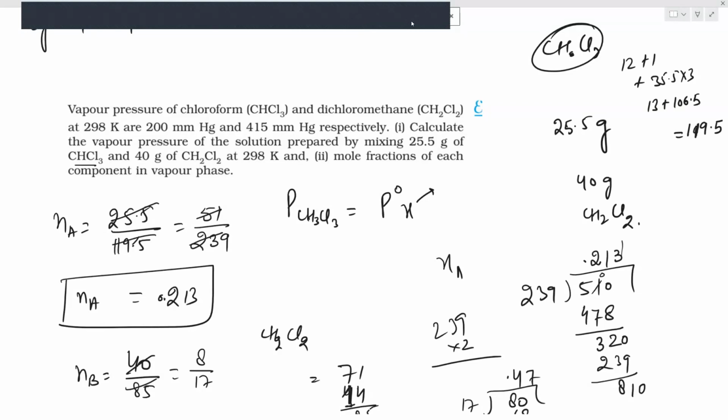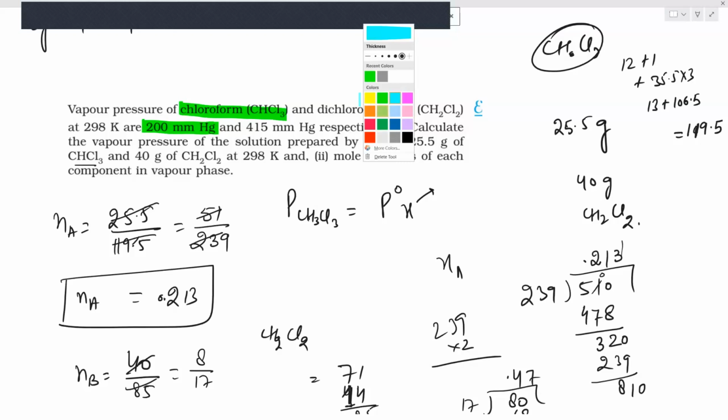Just concentrate here because it is very important. We assume that chloroform exerts a pressure of 200 mmHg, and dichloromethane exerts a pressure of 415 mmHg respectively in the pure state. Now it is asking